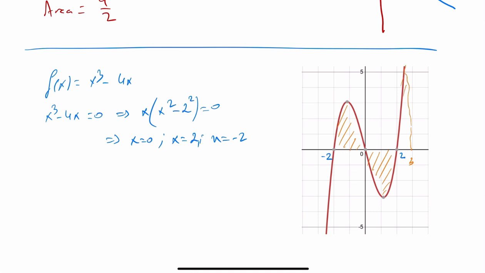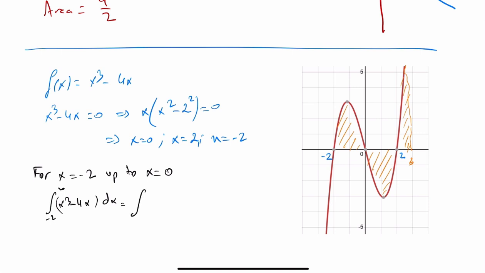Okay, so for x equal to minus 2 up to x equal to 0, we can see that our function is above the x-axis, so we don't need to take the absolute value. We can just calculate the integral directly. So the integral of x cubed minus 4x dx from minus 2 up to 0